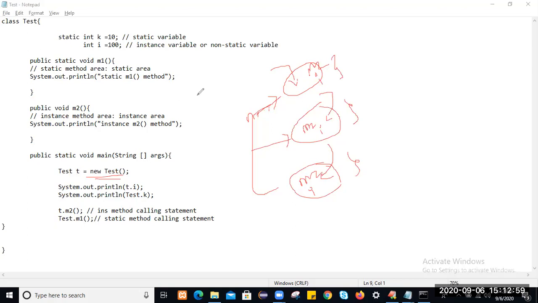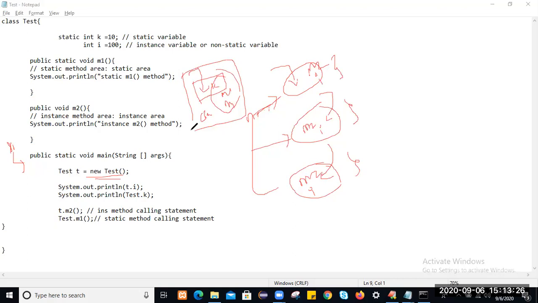But when you compile your Java application, during compilation time, in the common memory of the class, that is called class memory, only the static members of the class will get loaded. The k variable, main method, and m1 method will get loaded only once. Actually, before your execution starts at the main method, your Java application will compile. So during compilation time, the memory will get allocated only once for the static members of the class.